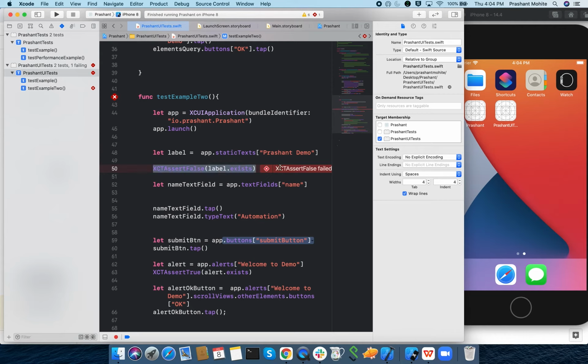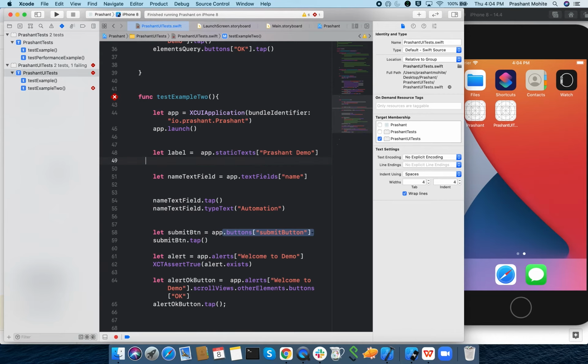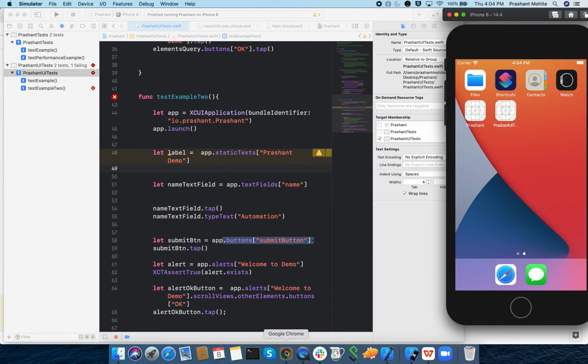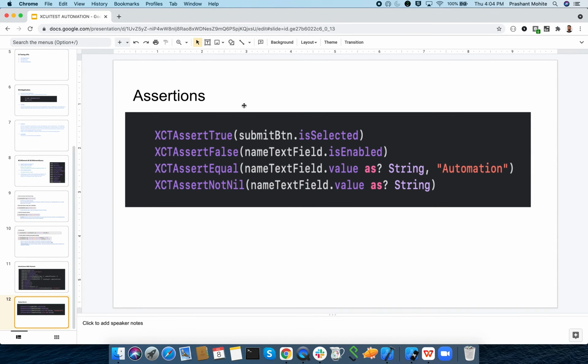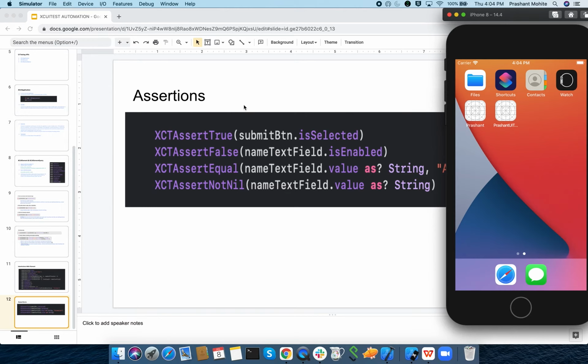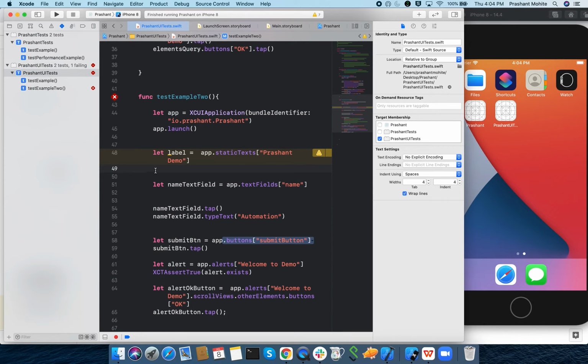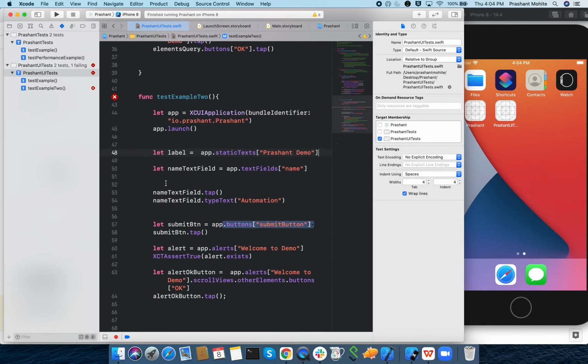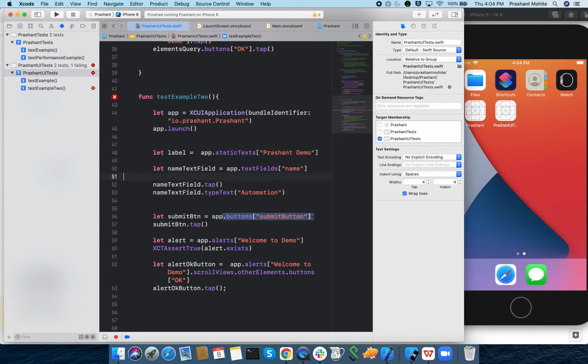Also, I'm just putting this. So there is assert true, assert false, assert not nil. Then you can have equal also. I have the name text field, and I'm entering the data inside it.